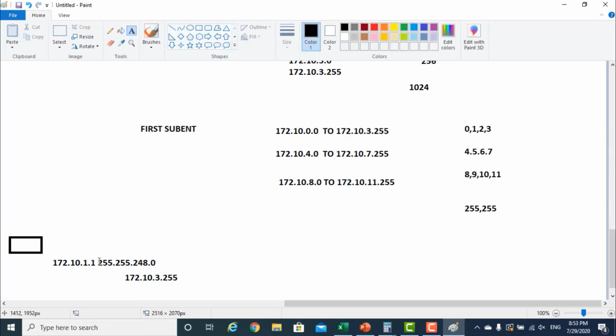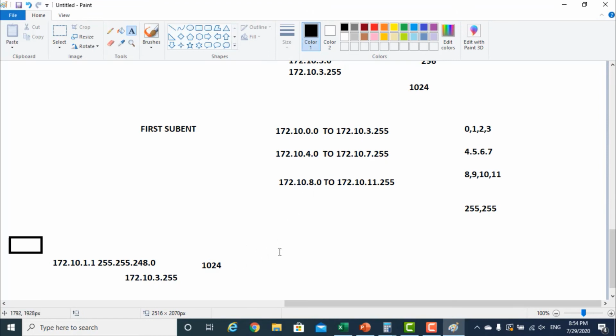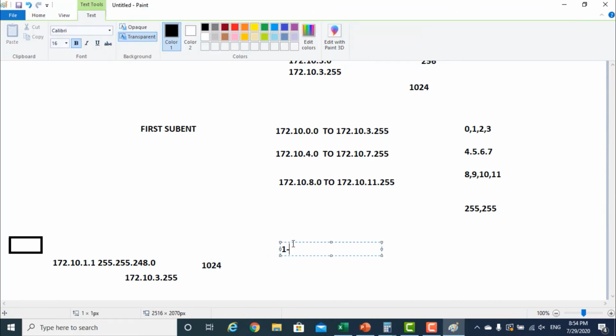So my computer will be related to this subnet, which ranges over 1024 IP addresses, covering my network. My computer internally knows that the first IP starts from 0, and after 1024 it will switch its network. So until my IP is from 1 to 1024, my computer is considering itself in the same network with everyone from 1 to 1024. But once it crosses 1024 and the IP is something like this,